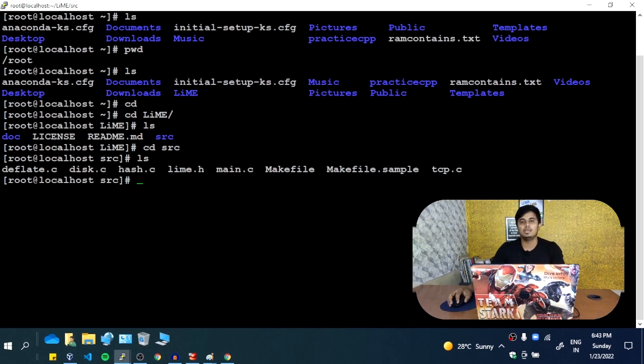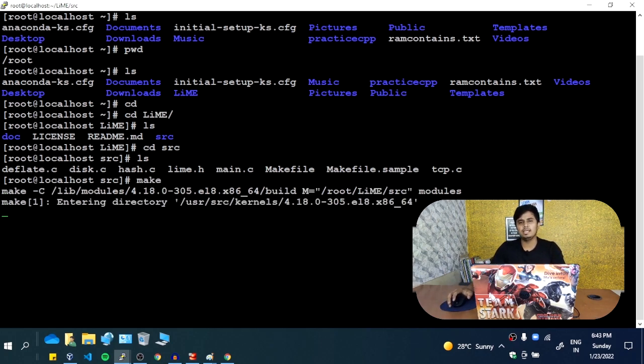The same way here I'll be making use of the make command, which is kind of a compiler. What it does is it converts the source code into binary files, and whatever the different binary files are there, it will bundle them together in a single file. The make command is basically used to build things. So I will be making use of the make command. This make command will be pre-installed in your system. If not, again you can follow the same procedure, yum install make. It will do the needful. In all modern operating systems, this make command will be installed.